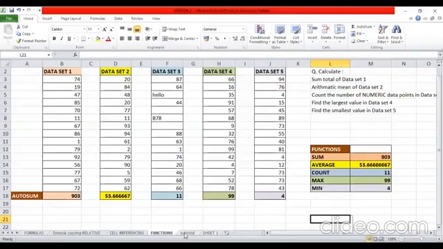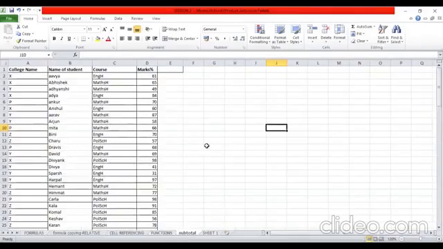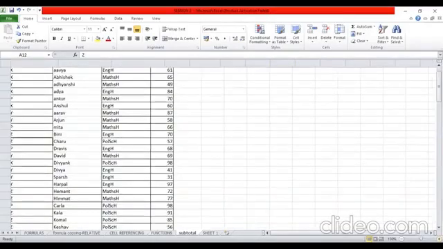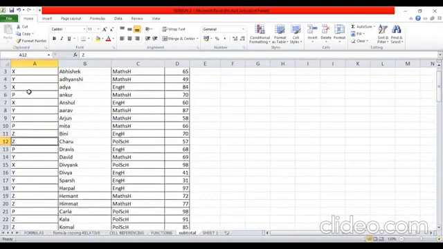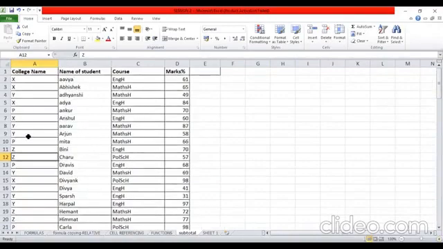All right, so this is the sheet with the data you can refer to. This is the subtotal sheet that I have. As I told you, here I have data for 4 colleges, colleges X, Y, P and Z. Let me just increase the size of this data so that you can see. So X, Y, Z and P, these 4 colleges I have data for. I have the names of the students and the courses to which these students belong. My students belong to 3 courses: English Honours, Maths Honours and Pol Science Honours. And I have their marks, which may be a number or a percentage as you wish.